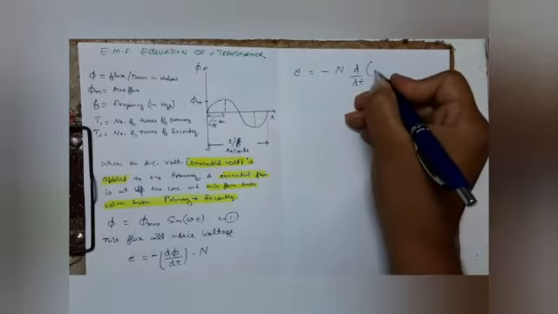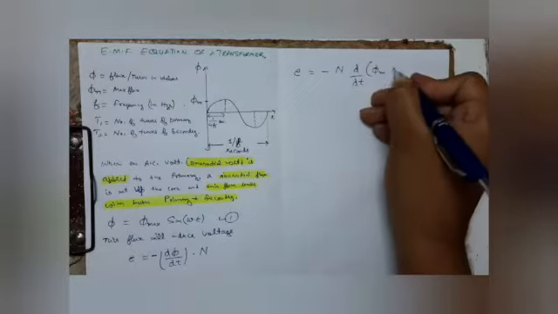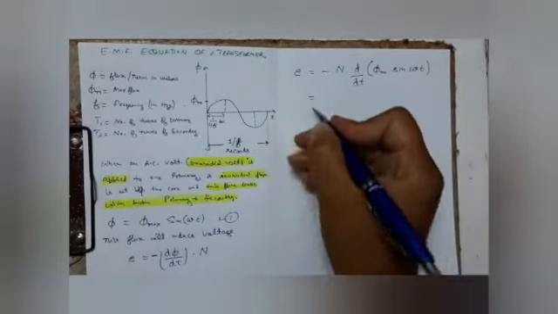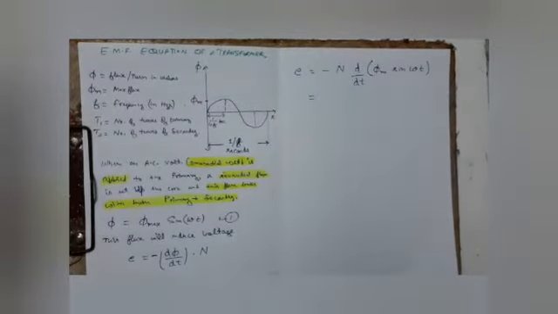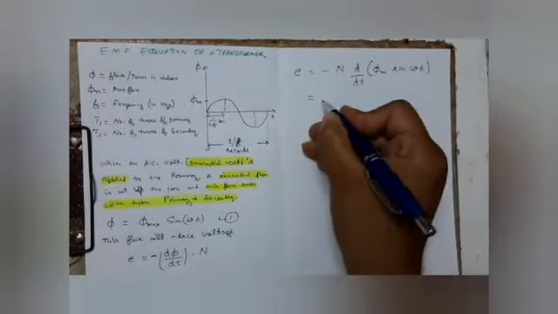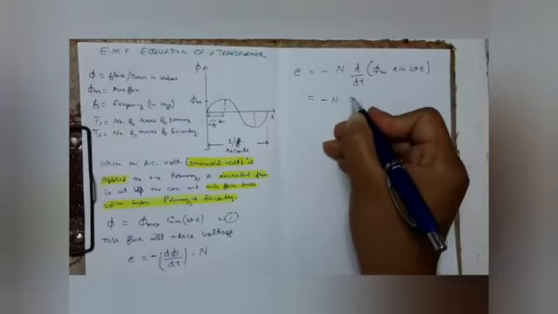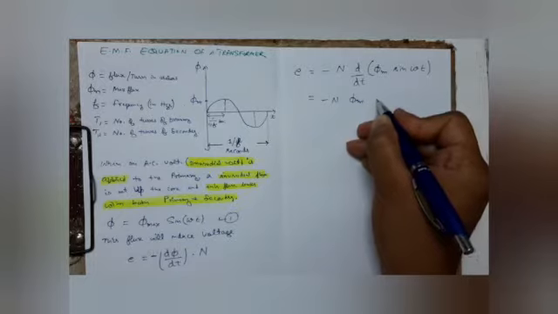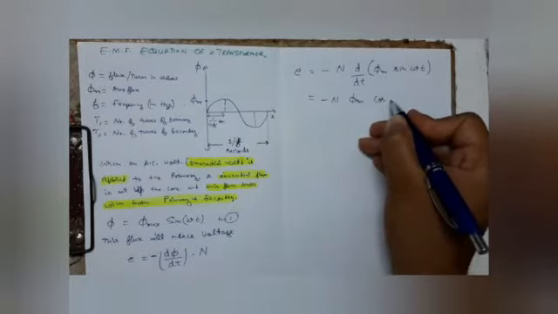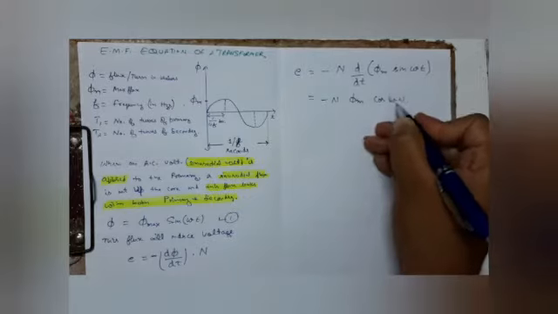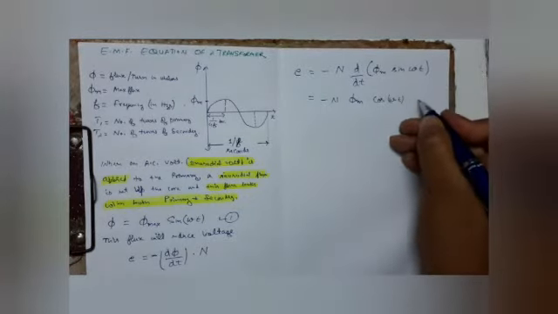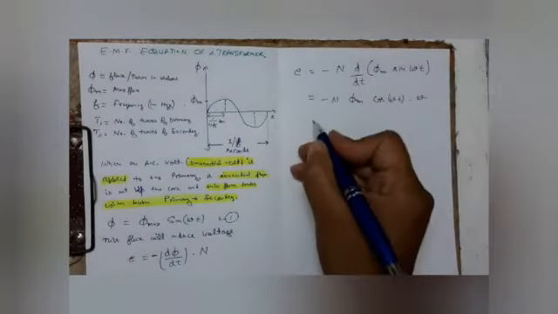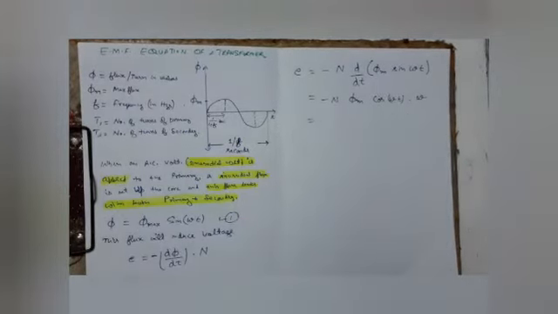Phi is phi m sin omega t, and when we differentiate it, it will be equal to minus n, phi m is constant, so that will come out, and differentiation of sin theta is cos theta, so it will be cos omega t, and again this omega is constant, so it will be omega into omega. So when we rearrange it,